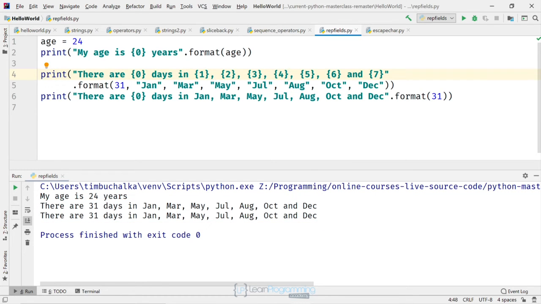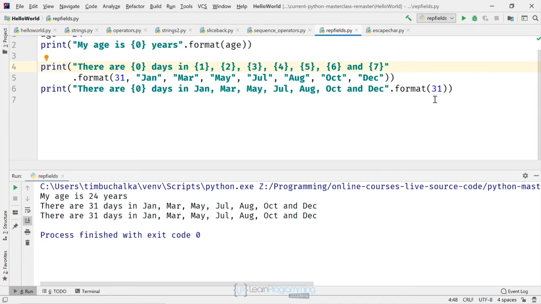The other thing to keep in mind is that fields can be used more than once, and they don't have to appear in the order that the values are provided to the dot format method call. It's the field index, the number inside the curly braces, that determines which value is used. So here's an example to demonstrate that. I'm going to come down here on line 8, print,